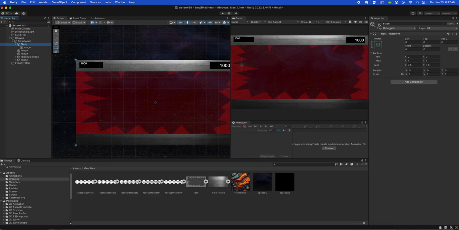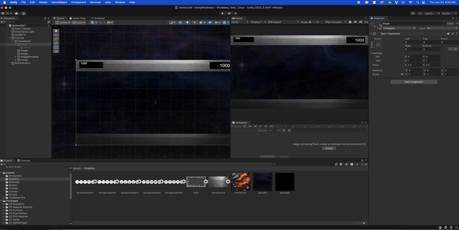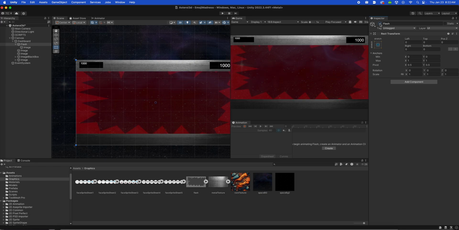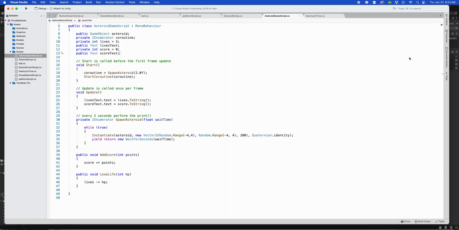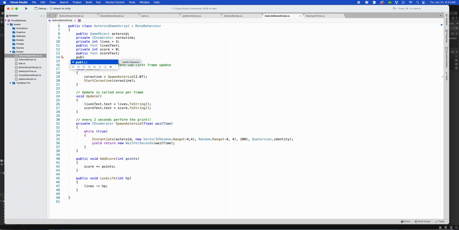Try to make this flash, shake and actually flash when an asteroid hits. So what we're going to do is go into the scripts here and alter the script. We'll just keep it here for now. Okay, so first of all, let's make a game object field. So public GameObject